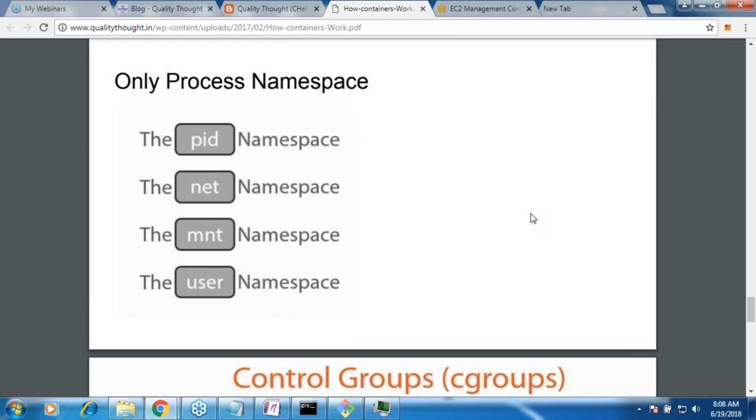So PID namespace for processes, net namespace for networking, right? Mount namespace for your hard disk, for your file systems, okay? And then the user namespace for users within the basic abstractions which you are trying to create. So container technology is using Linux concepts, which are these namespaces.